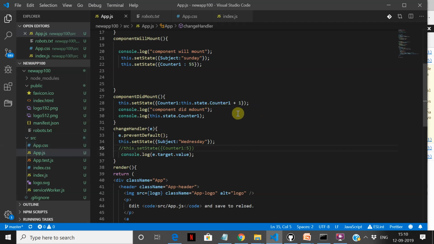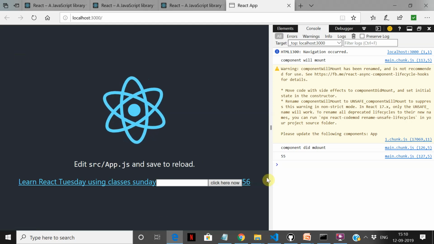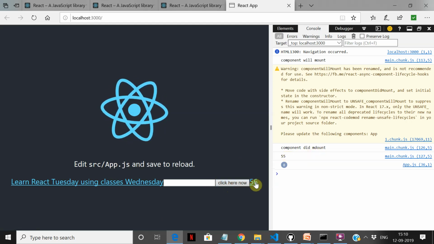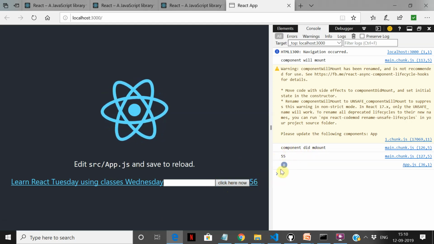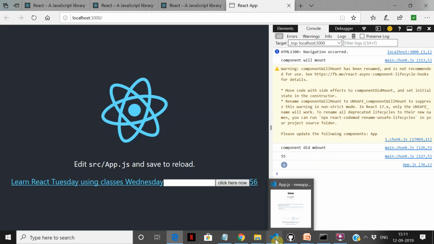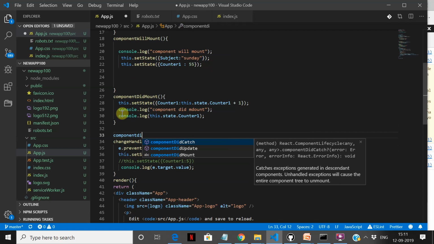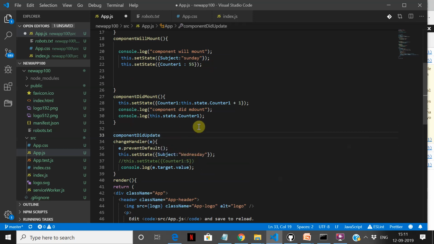When you do the component did mount, the previous value, the state, will become accessible for you. So you can say this dot state and increment it in the component did mount. That is why you're seeing 55 and plus one value 56 here. All right, so now let me click any button here and see what's happening. See, the value remains the same. This 55, 56 does not change. The concept here is that component did mount runs for the first time, when the component is loaded, mounted into the application.